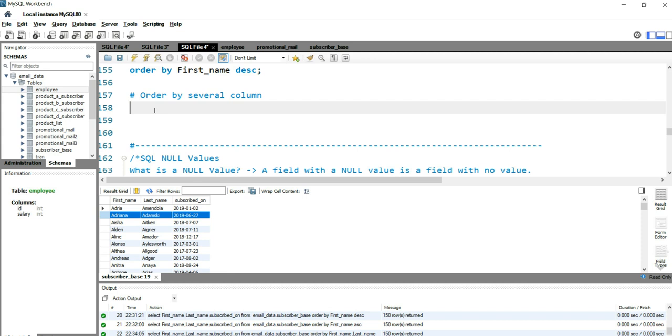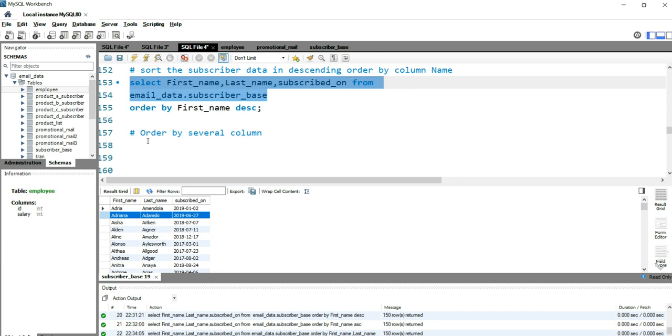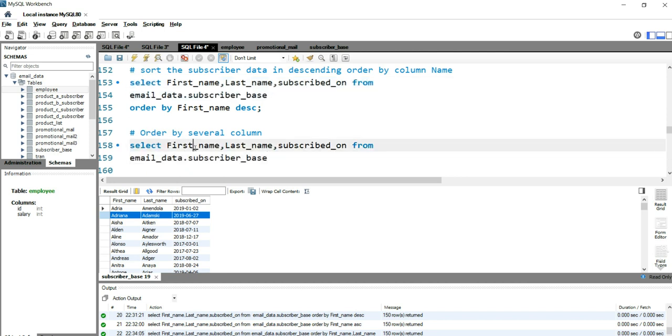So how can I do that? To do that, I have to write a similar query, I just have to change the order by clause, right? So I'll copy this line here, which is select first name, last name, subscribed on from email data dot subscriber base, and then I'll put order by.